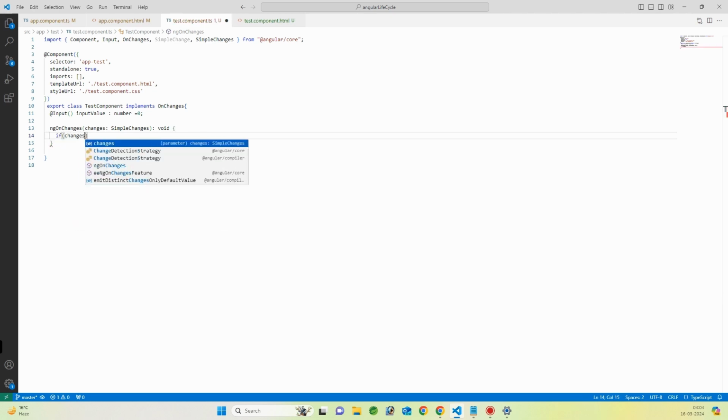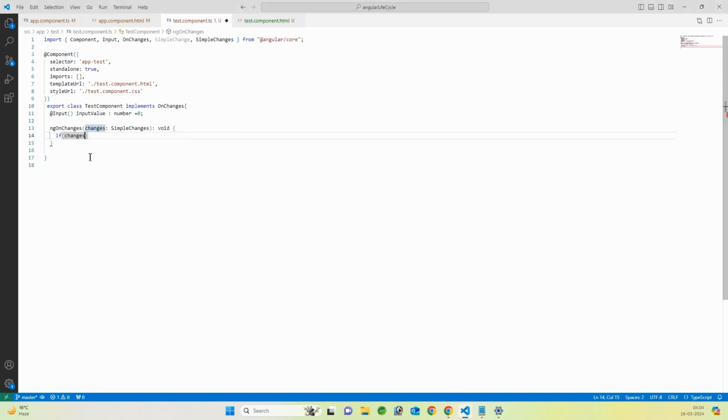If changes, if changes input value. Okay, in this case